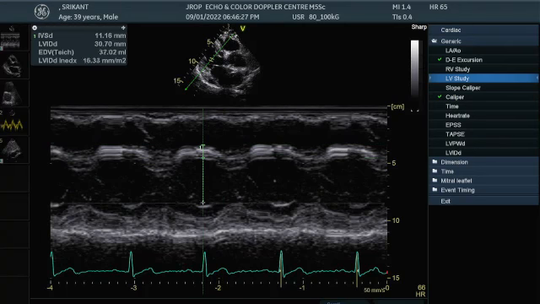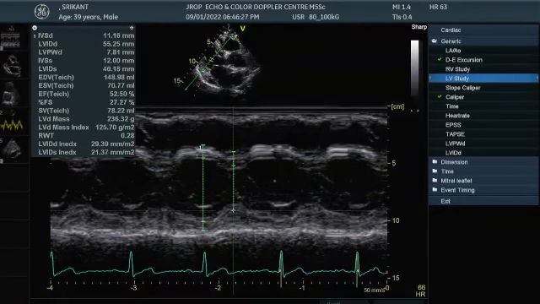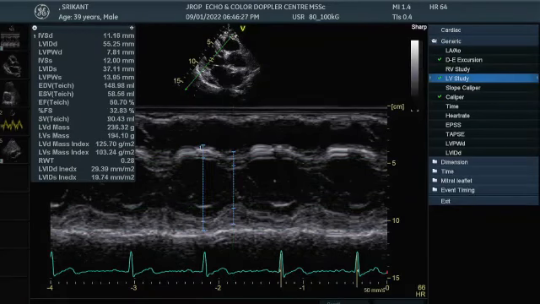This is IVS, posterior wall, systole, septum and posterior. So now on the left hand side, you want all the values in one go. Yes, sir. If you have an anatomical M mode, you can do in that fashion. If you don't have an anatomical M mode, you do it in 2-dimensional side. All right? Yes, sir. Thank you, sir. Okay, thank you.